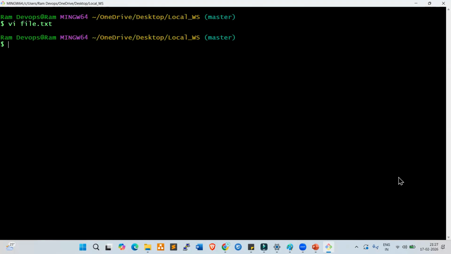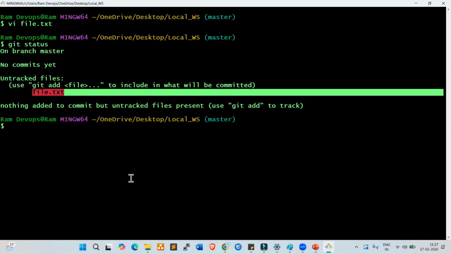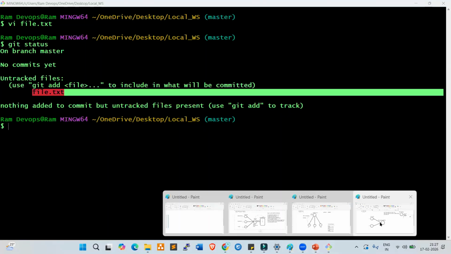So the developer added some code here. Just imagine that the developer developed the code and saved the file. Now if you check git status, the file is showing in red color, which means development is still going on, right? So once development is completed,